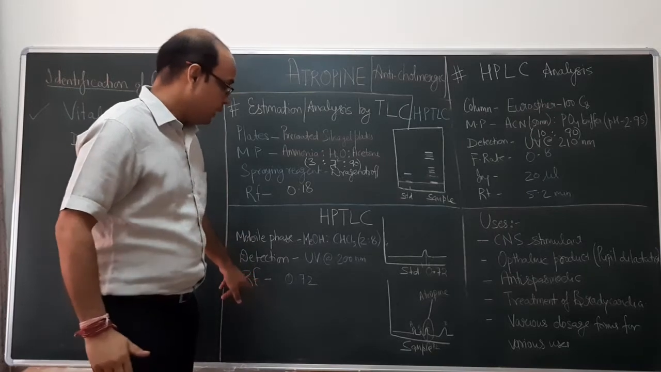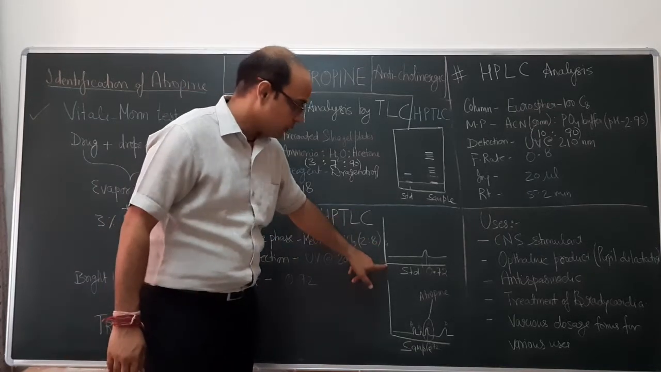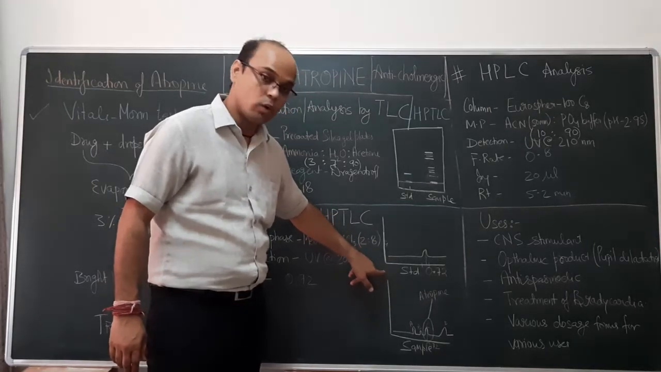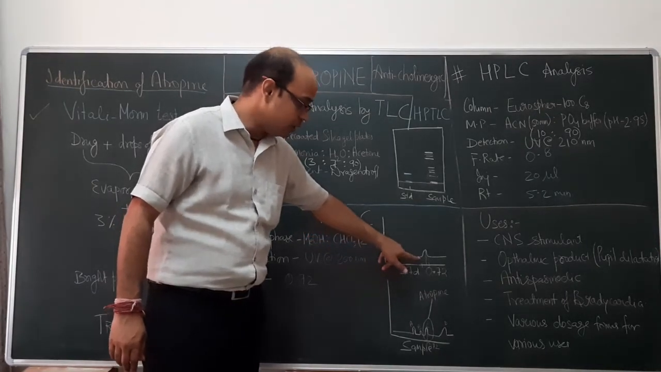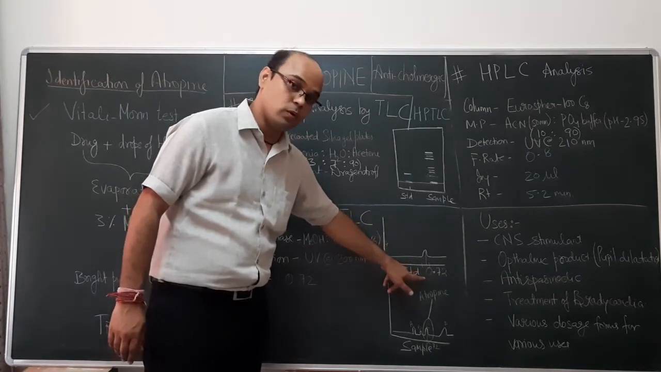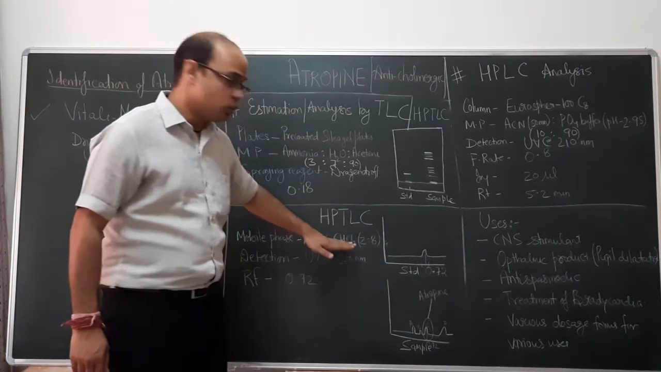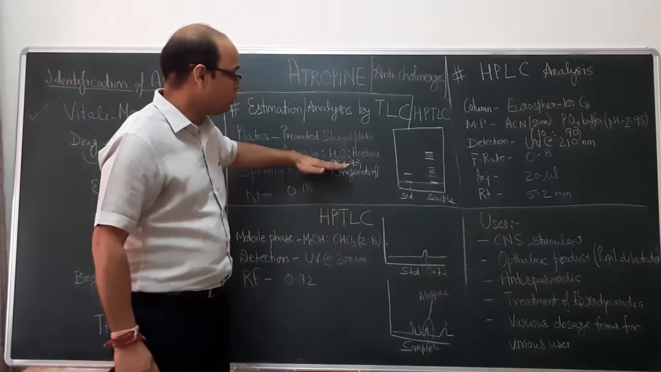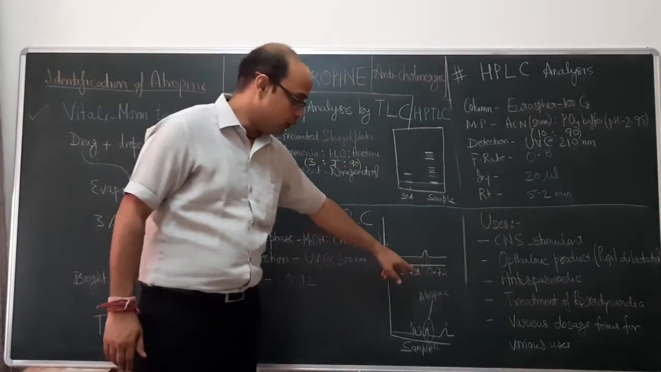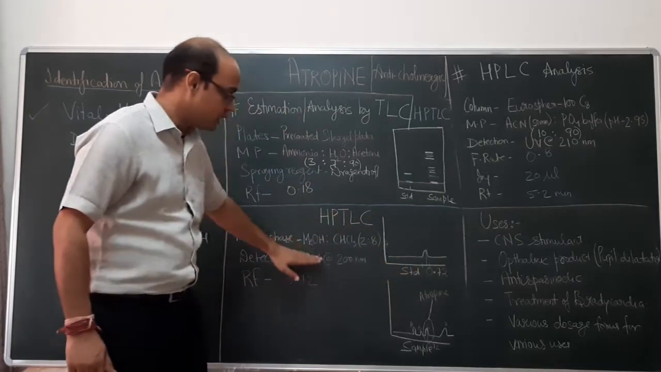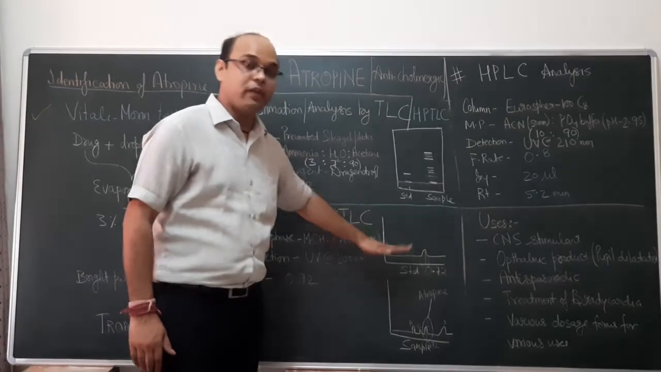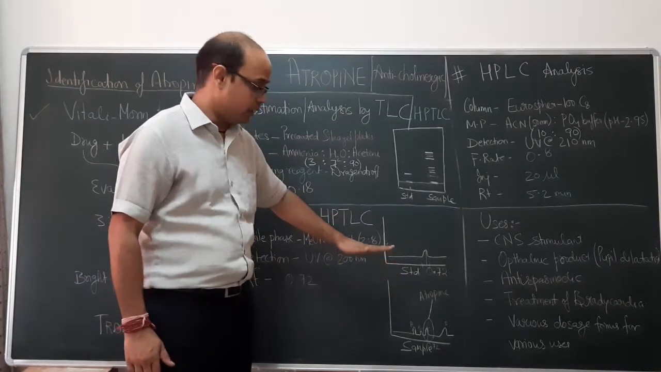So here, if you see, this is the chromatogram of standard atropine, and you can see the single peak is observed at RF value of 0.72. Here we have used different mobile phase, so you should not confuse with the RF values. RF value under these conditions will be 0.72 for standard atropine, and when we have analyzed this sample in HPTLC